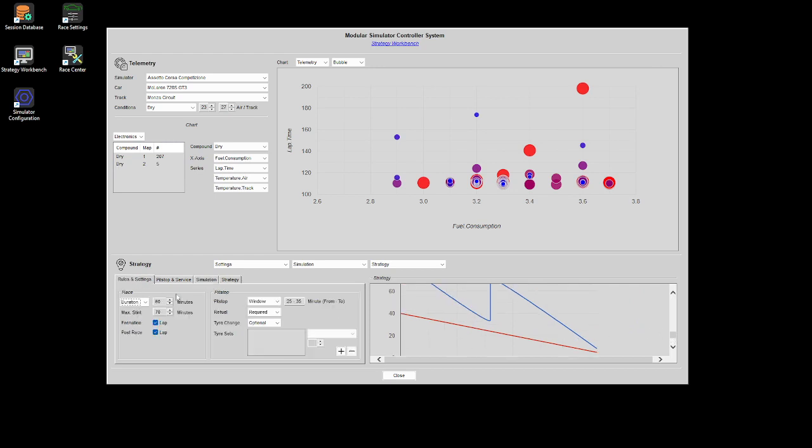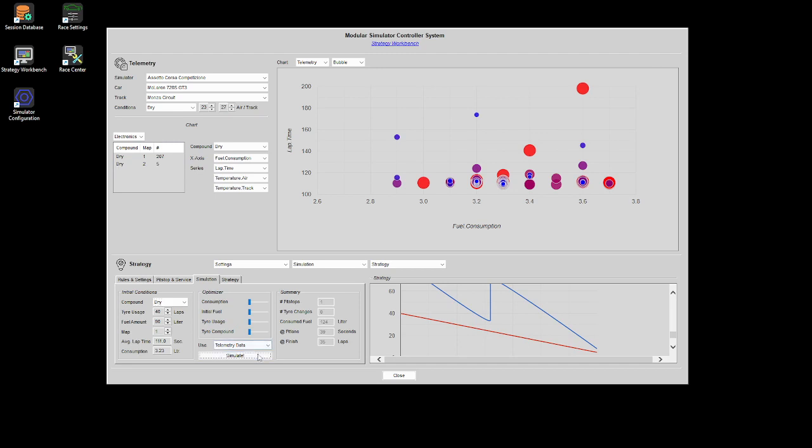Okay. Let's try a different thing. We will have a required tire change, and not surprisingly, we will now have also a tire change. Just one question about the tire change. The tire usage 40 laps, is that the maximum amount of laps you want to run with the tire? Yes, it's a kind of